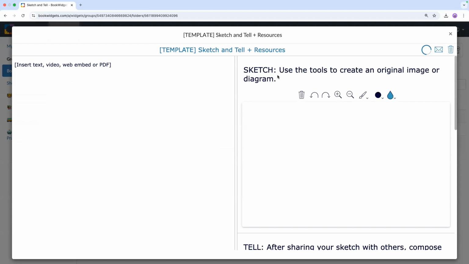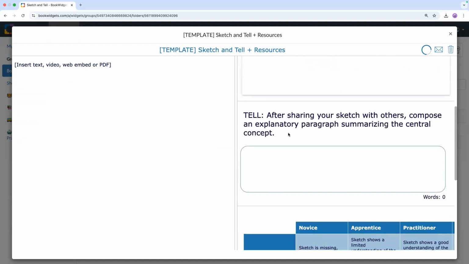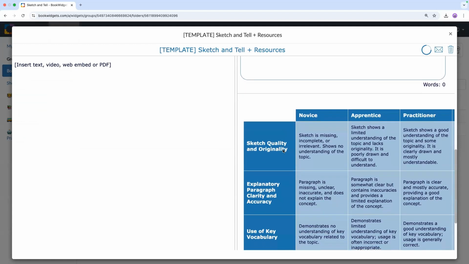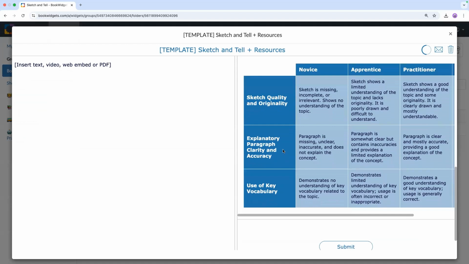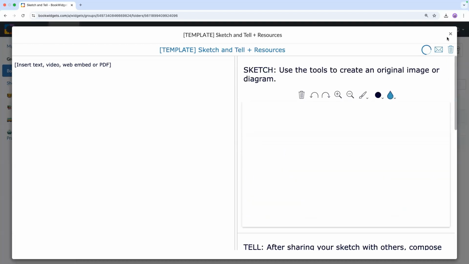And then over here on the side, I'm always going to ask a whiteboard question for them to sketch. Always going to do a long answer question for them to tell. And then I will always use the same rubric to assess. And this makes it super easy for me to duplicate this widget and swap in the original